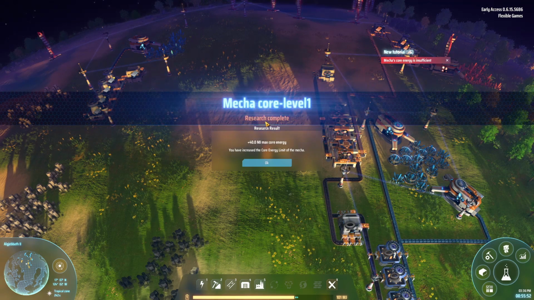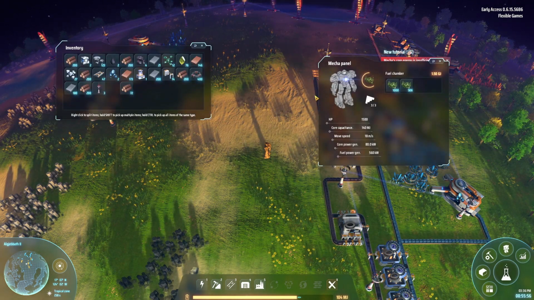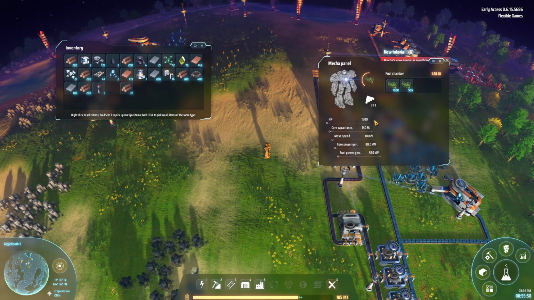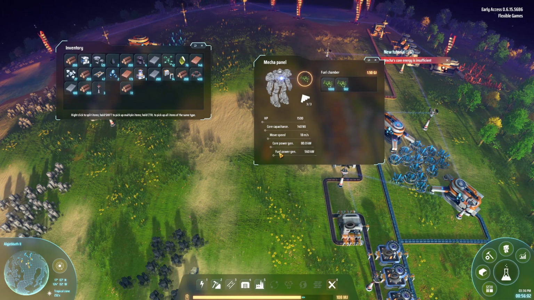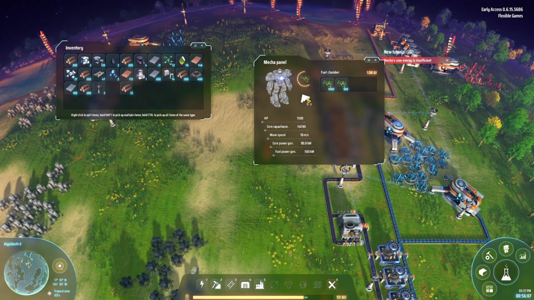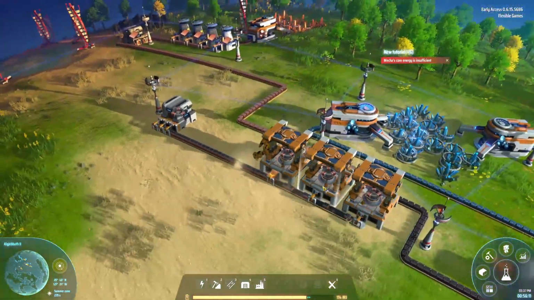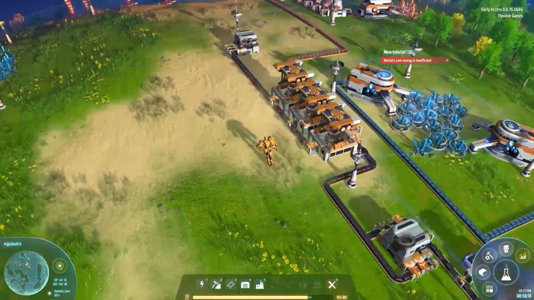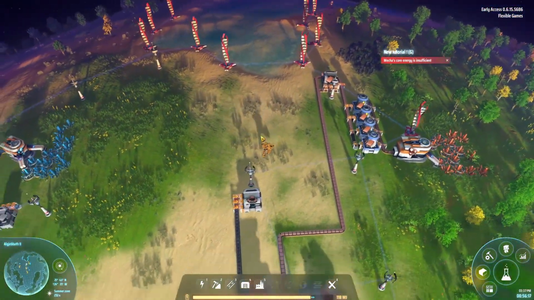Mecha core level 1 plus 40 megajoules. So that means we have a lot more power in here that we can store up. It's weird to me that this is... Huh. It's weird. Alright, these are going strong. We have plenty of capacity over here. I'm not worried. Okay, so the next thing I want to get...